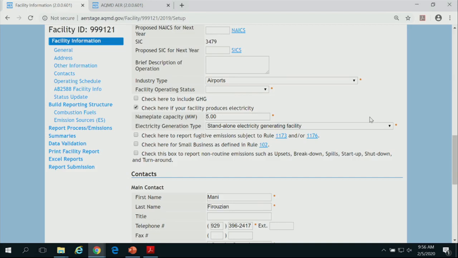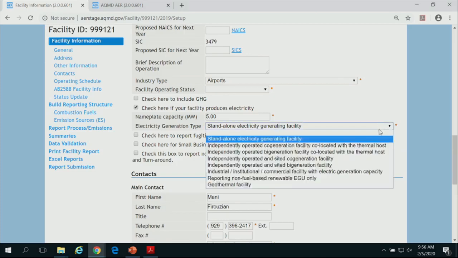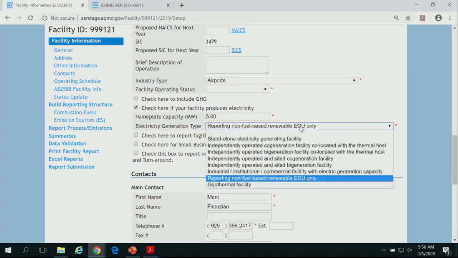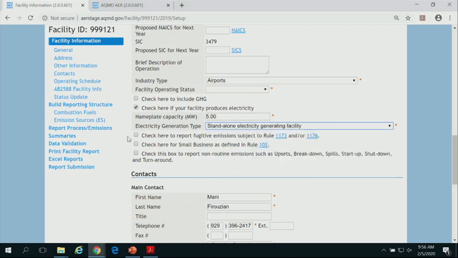Question on generation. When you say generation, is that electricity? Does that also include solar arrays? That is a very good question. I guess you can provide that information here. And let me just add one more thing: any of these checkboxes is going to change what you see in the reporting section of the report.